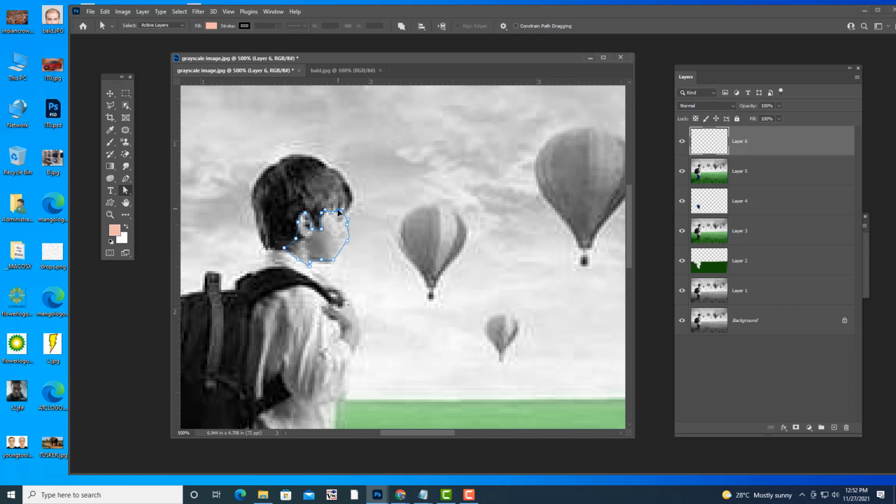Just slightly adjust it. So actually this image has a little bit low quality.